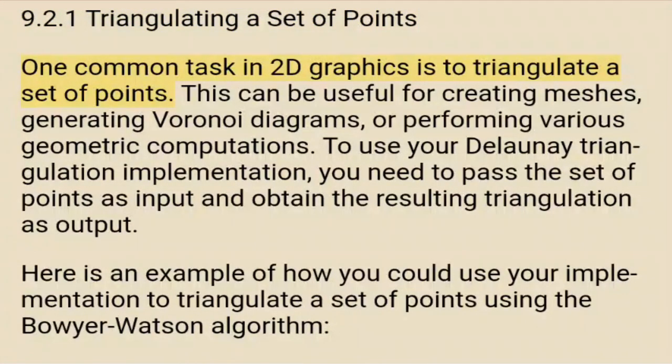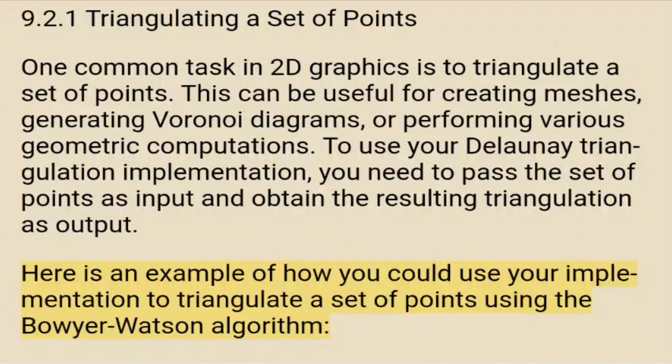One common task in 2D graphics is to triangulate a set of points. This can be useful for creating meshes, generating Voronoi diagrams, or performing various geometric computations. To use your Delaunay triangulation implementation, you need to pass the set of points as input and obtain the resulting triangulation as output. Here is an example of how you could use your implementation to triangulate a set of points